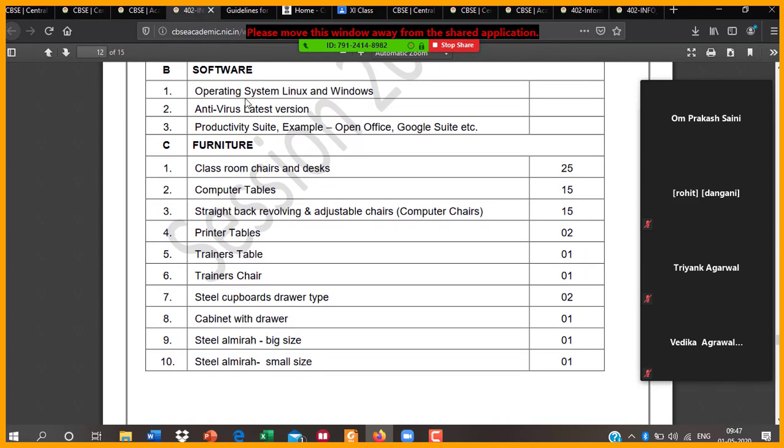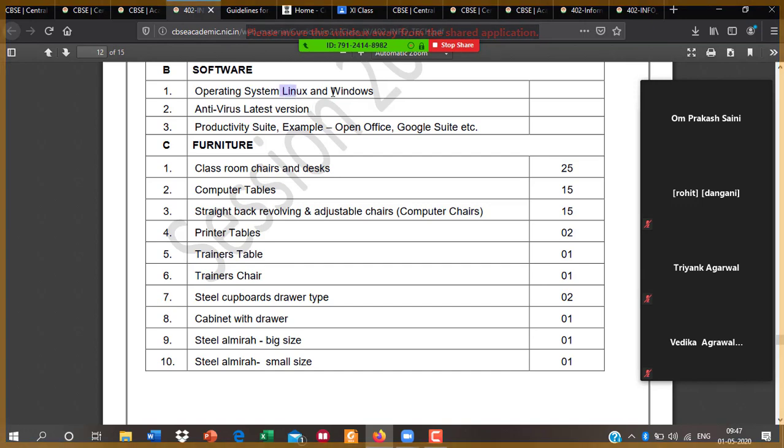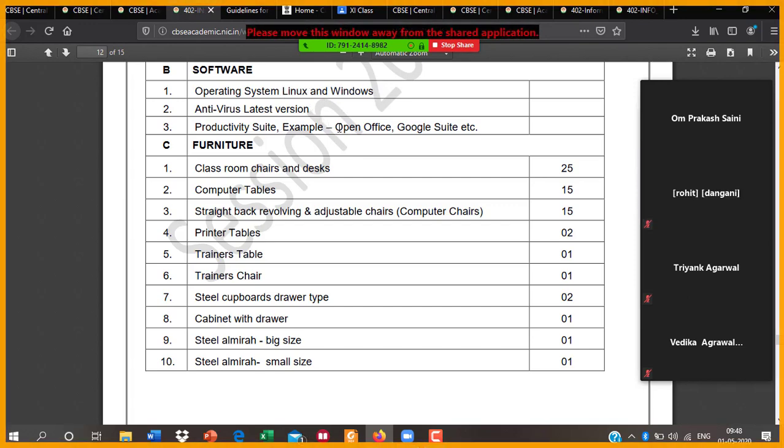According to the CBSE guideline, we can use two operating systems. First is Linux, second is Windows. So there is no problem. This application runs on both Linux and Windows. If you are using Linux, you will get LibreOffice already, and you can download OpenOffice. Maximum users use the Windows operating system, so we will use this also. But I will give you a small overview of Linux.